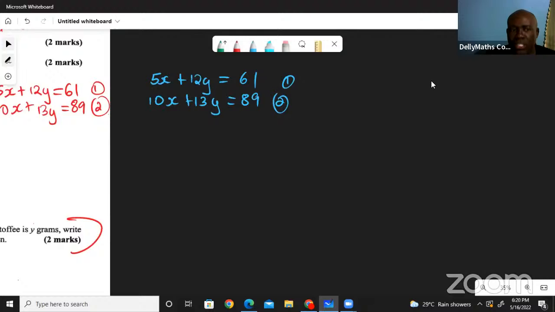What we could do is eliminate any one of these variables that we intend to, so it's up to us. Let us say I am deciding that I want to eliminate the x's. So here are the x's. If I want to eliminate the x's, then I'm going to pick on the coefficients of the x's, and that's a 5 and that is a 10. So I'm going to use them